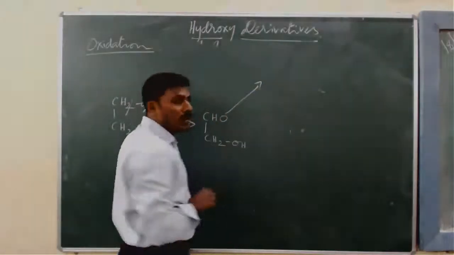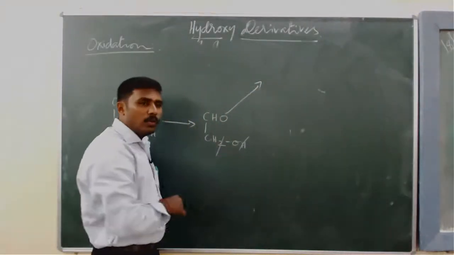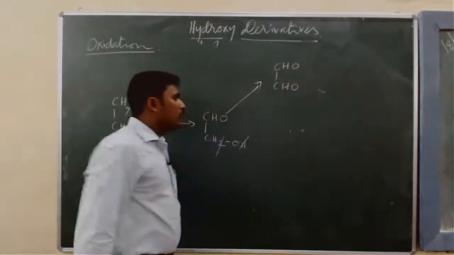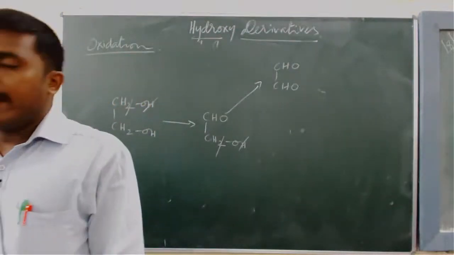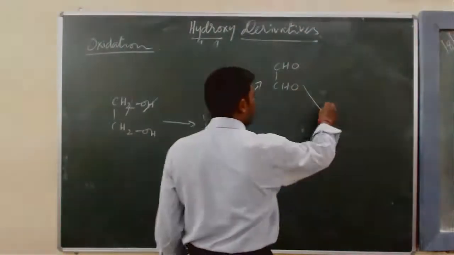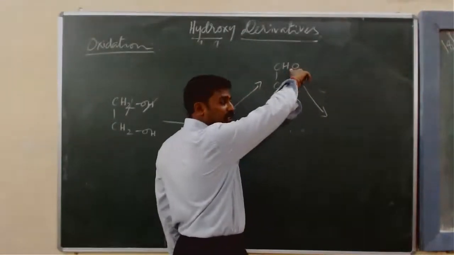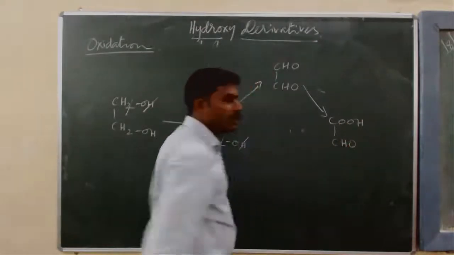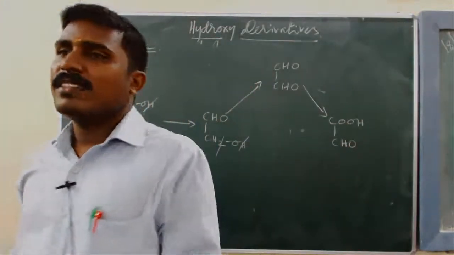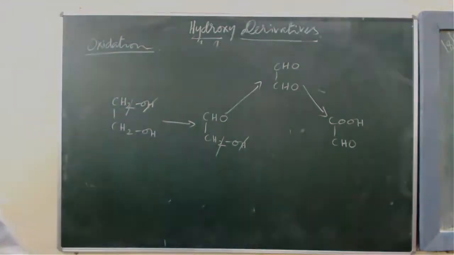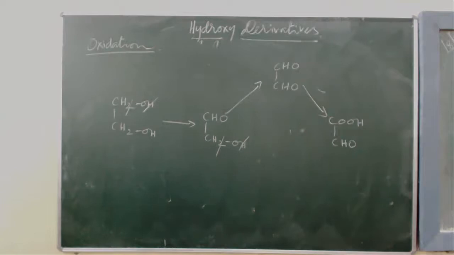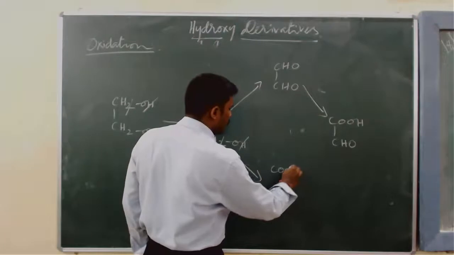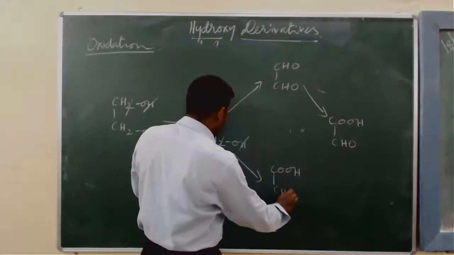Now again the very same oxidation. So this primary alcohol converted into aldehyde, namely CHO bond CHO. Again very same thing. This aldehyde further undergoes oxidation reaction. What's the product? Carboxylic acid, and CHO as it is. Because aldehyde further undergoes oxidation reaction, what is the product? Carboxylic acid is the product. Okay. Very same thing. Here, this aldehyde undergoes oxidation reaction, what is the product? Carboxylic acid. The remaining acid is